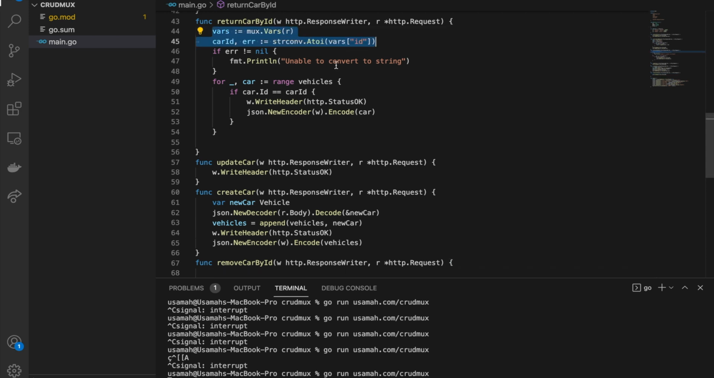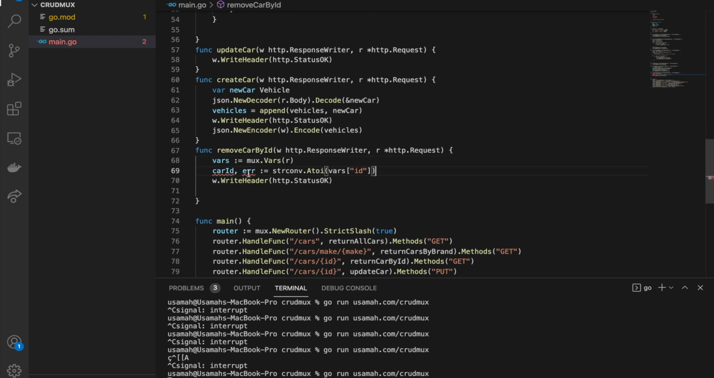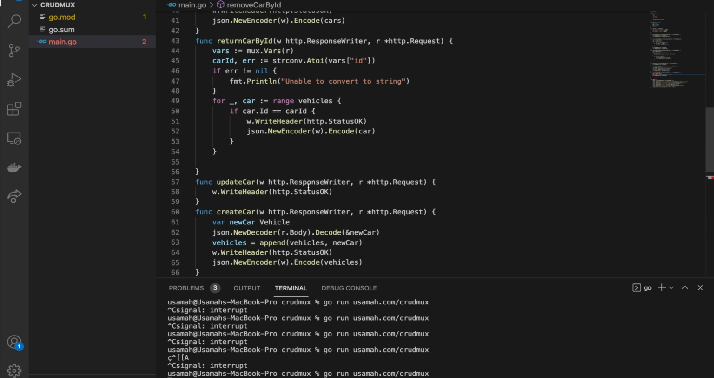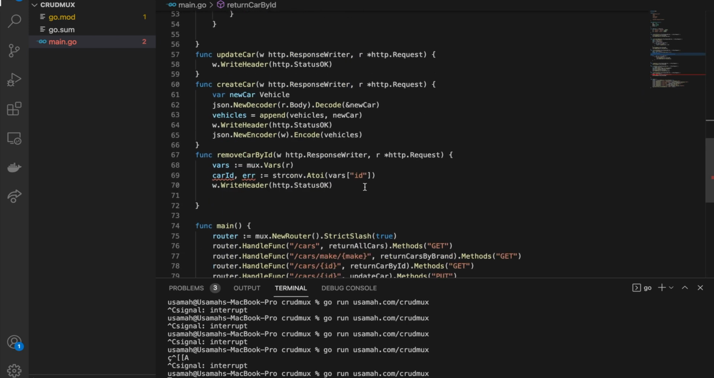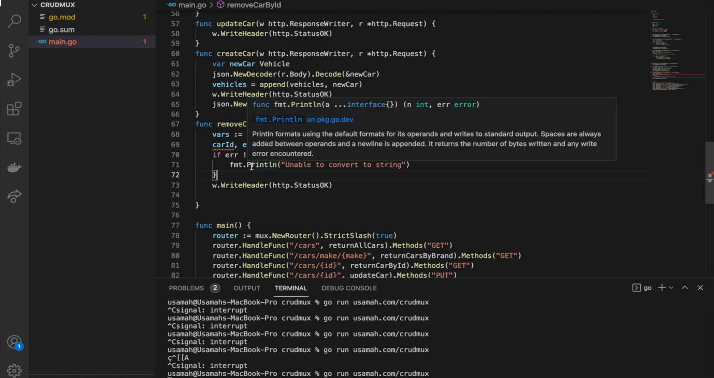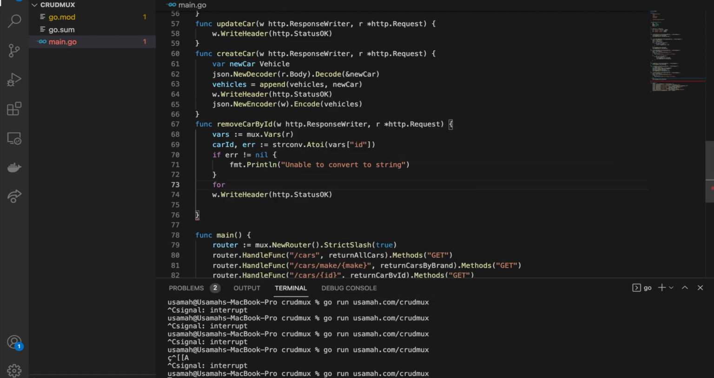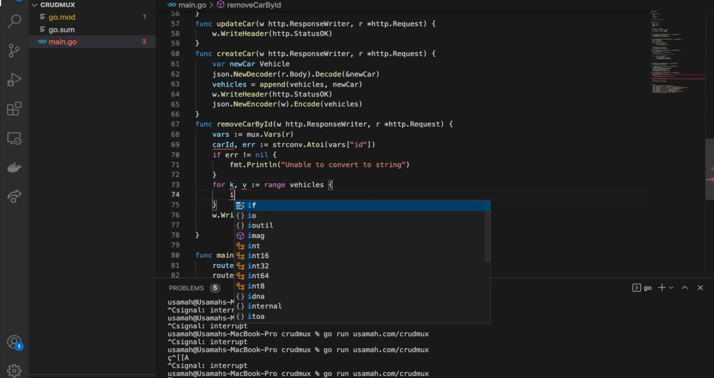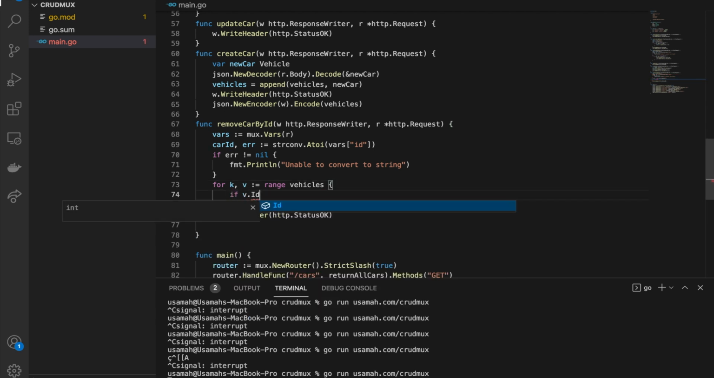So here you go. Once again, I'm getting the ID out. I'm converting it to a string. It's going to be car ID. I'm also going to copy over this if statement in case I was unable to convert it to a string. I'm going to save this. And what I'm going to do next is iterate over our vehicles. And I'm going to say if the vehicle's ID is equal to the car ID that we got from our front end,